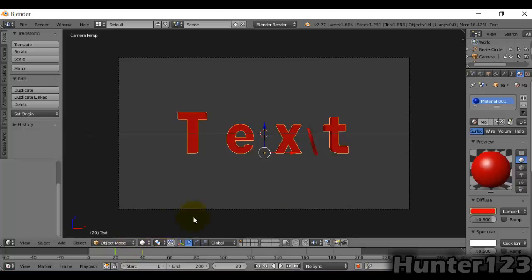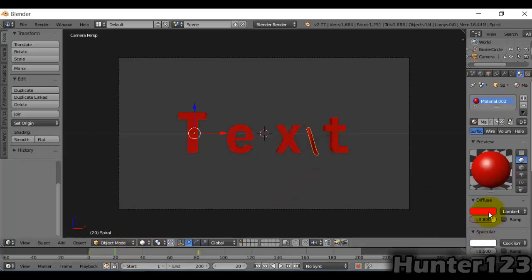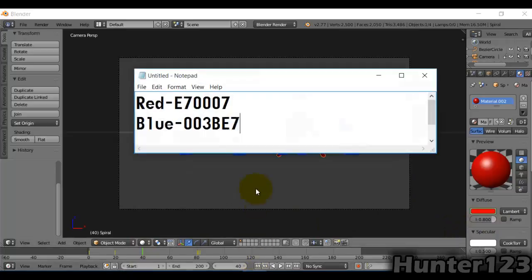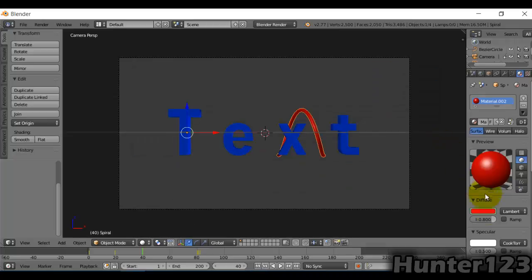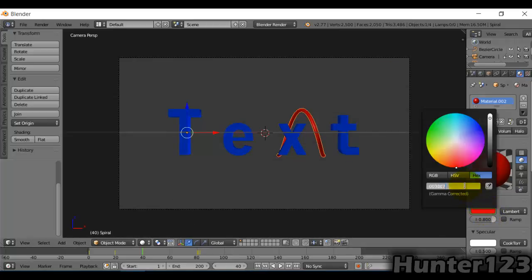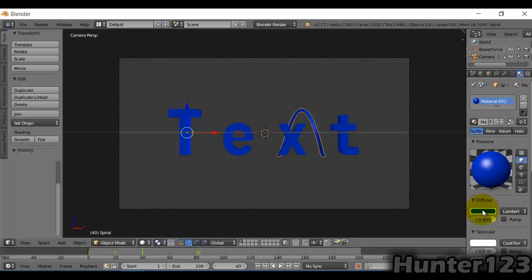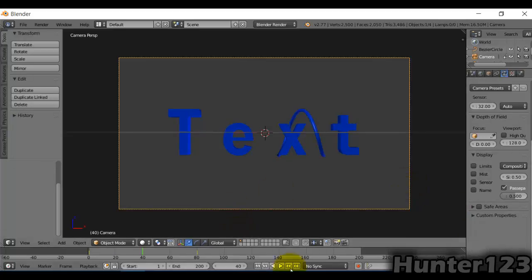So go to frame 20. Click I. Go to frame 40. Make sure it has the blue copied. And now, paste it in, hit I. And now if you watch it back again,